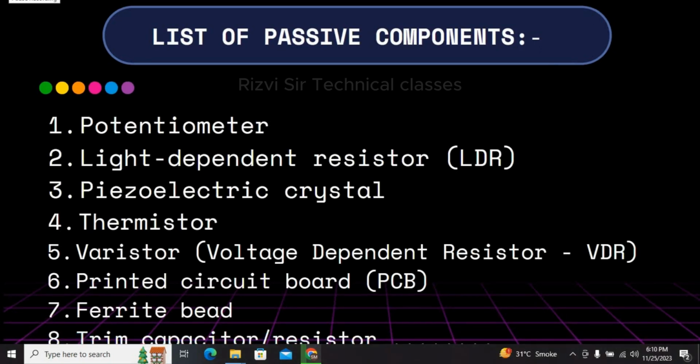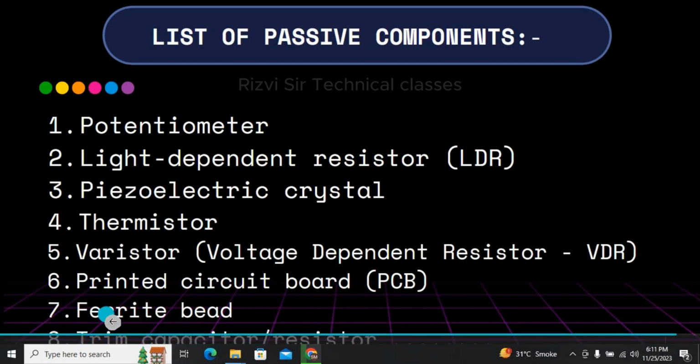There is a list of passive components which you can go through and take, like a potentiometer, light dependent resistor that's also called LDR. Next is piezoelectric crystal. Next is thermistor and varistor, that's also called voltage dependent resistor VDR, and printed circuit board and ferrite bead and trim